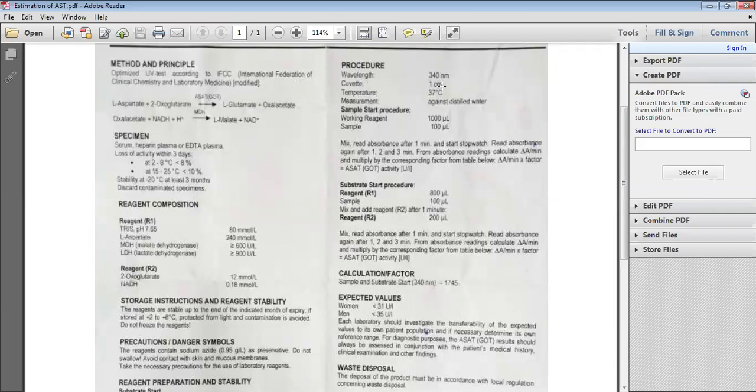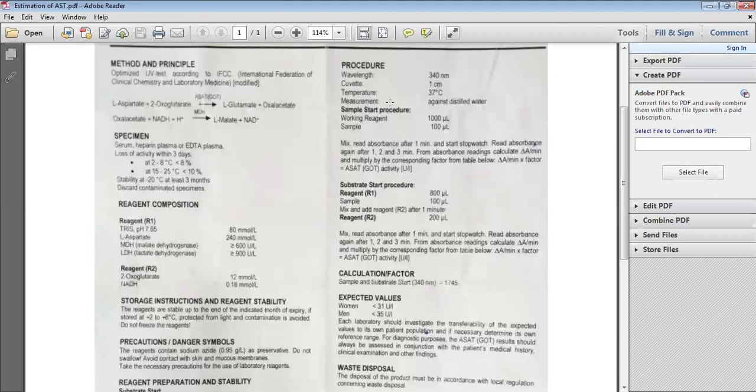You will turn on your spectrophotometer 15 or 20 minutes before use so that it warms up, and then you will set the spectrophotometer at 340 nanometers and use the cuvette. Its diameter should be 1 centimeter, and the temperature of the spectrophotometer should be 37 degrees Celsius. You need to take the absorbance against the blank test tube or your blank reagent. First of all, what will be the quantity of the different reagents you will use in this procedure? You will use working reagent, its quantity should be 1000 microliters, and the sample you will take will be 100 microliters.